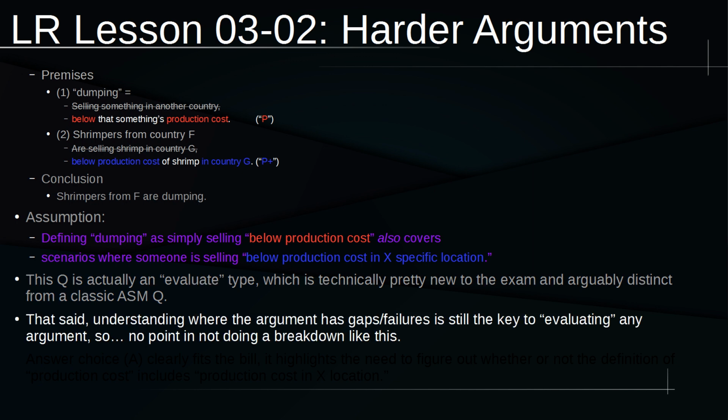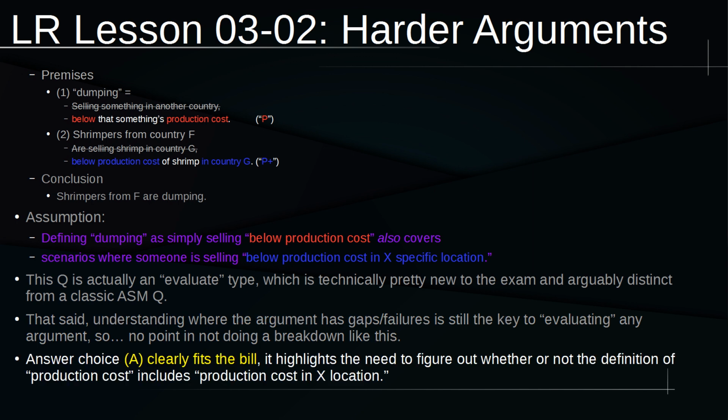That being said, understanding where the argument has gaps and failures is still the key to evaluating any argument, so there's really no point in not doing a breakdown like this. I mean, how else are you going to evaluate an argument unless you know where it has failed or where it has worked? So looking at our choices here, answer choice A clearly fits the bill because it highlights the